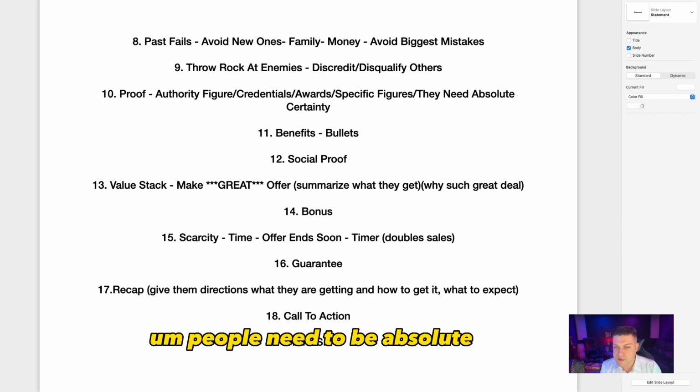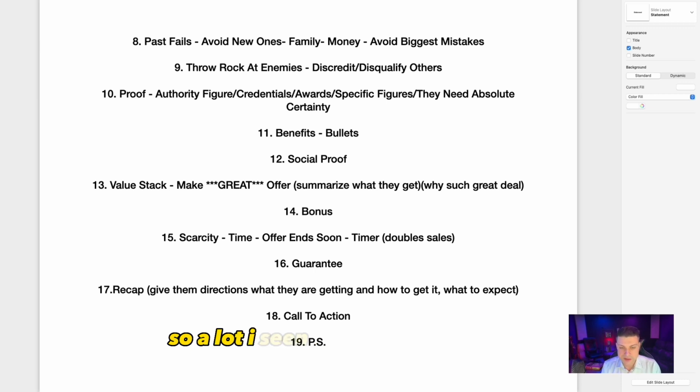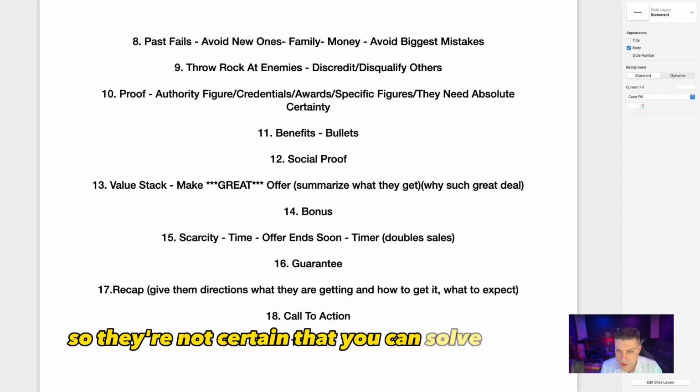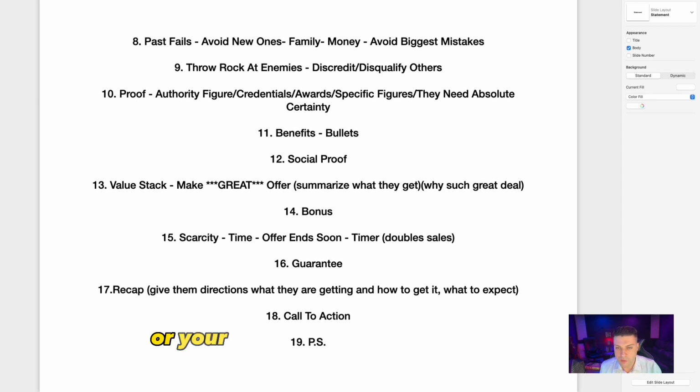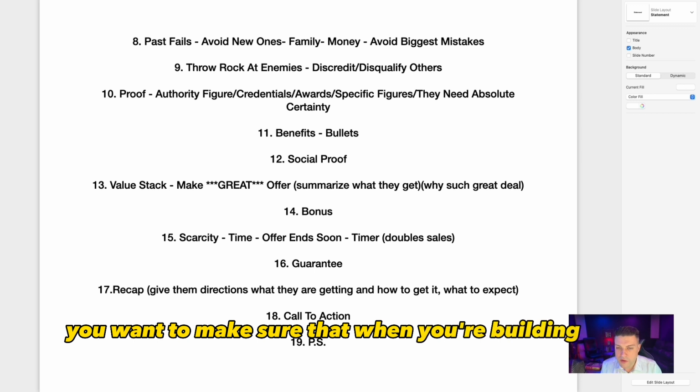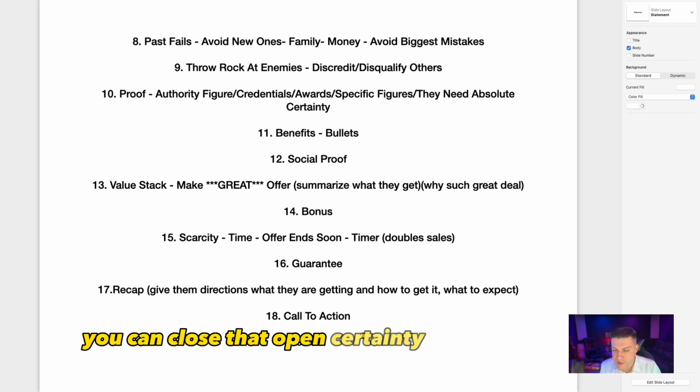People need to be absolutely certain. I see in a lot of sales training, they always talk about how the customer needs to be certain. If they're not certain that you can solve their problem, or that your product can solve the problem, they're not going to buy. You want to make sure that when you're building your ad, you can close that open certainty loop in their